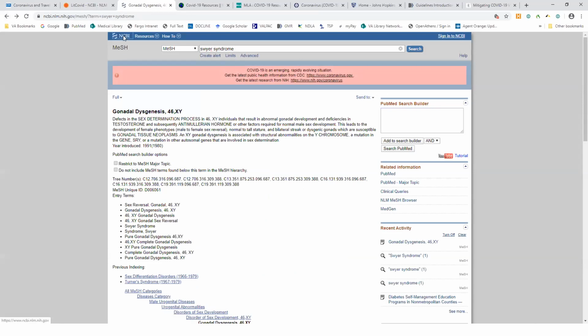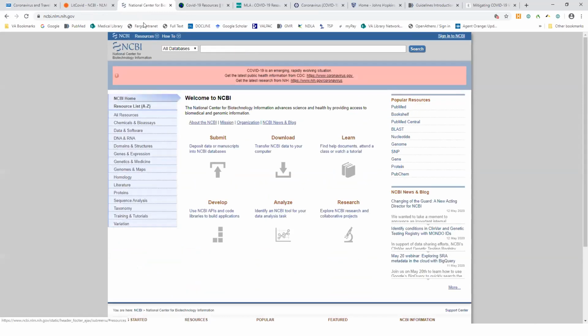I think that's all I wanted to cover in PubMed. Was there any quick questions about that? I know it's kind of confusing. Okay. If not, what I'm going to do is I'm going to go ahead to